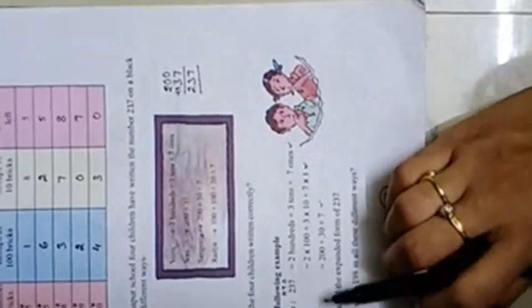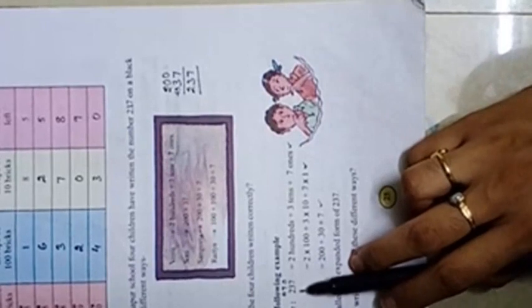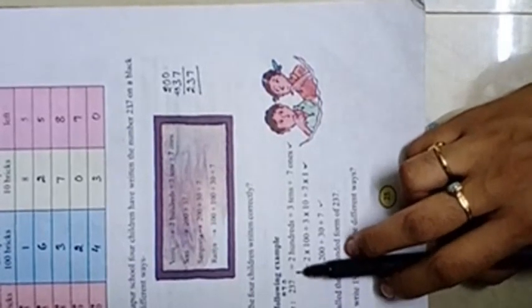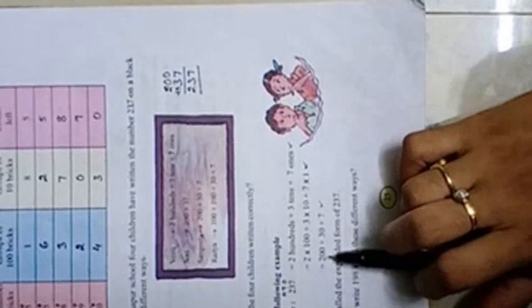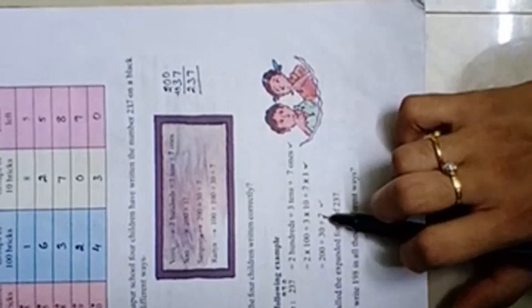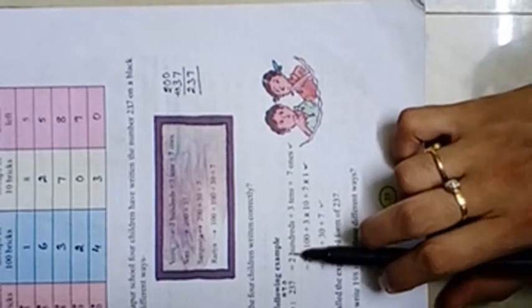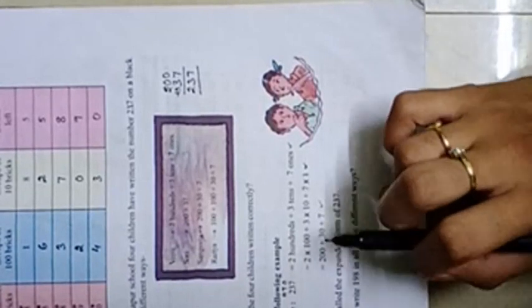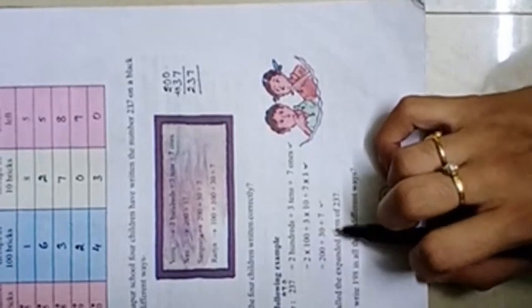I wrote 3 types that day. Here you see this example, then you will get an idea. See, 237 is here. So, these are the 3 types of expanded forms. You can write in this form. You can also write in this form. You can write in this form also. These 3 types are expanded forms. You can choose any one also. These 3 are correct. You can write a 3-digit number in expanded form in 3 ways.